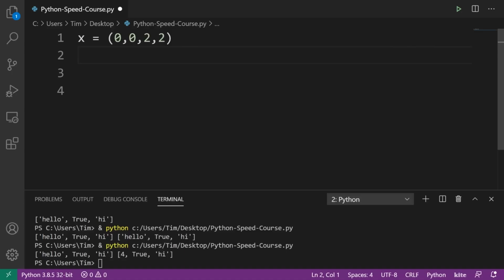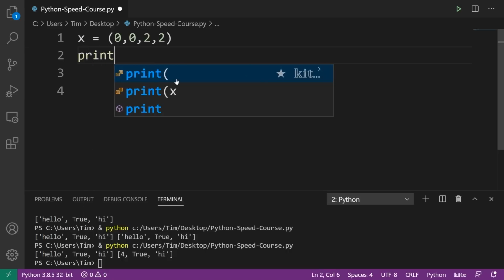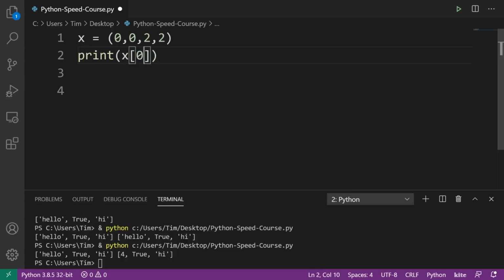So a tuple is really an immutable list. You can think of it like that. It means it cannot be changed once it has been defined. If we want to change it, we actually have to redefine it. So what I can do is print out, say, x[0], and that's fine. That will give me the correct answer. So that'll give me 0. But if I go ahead and do something like